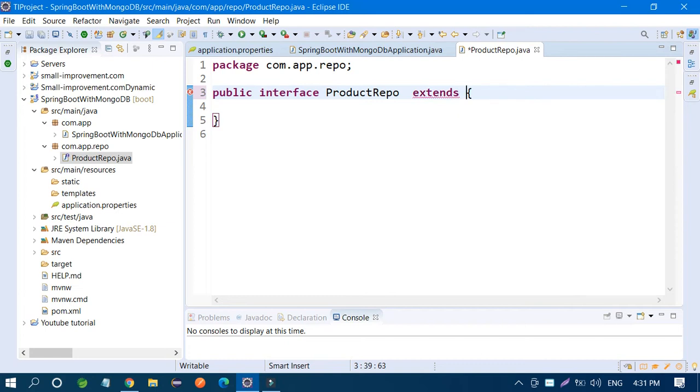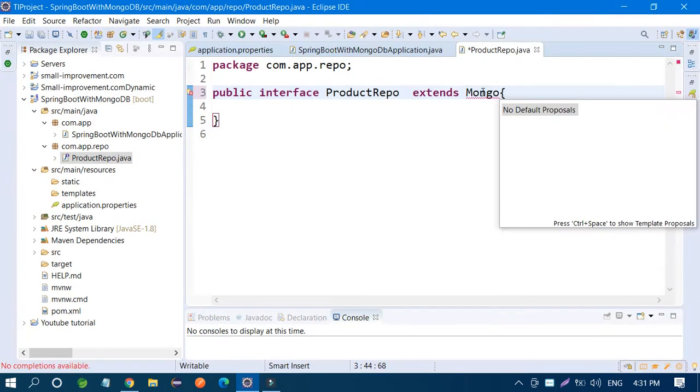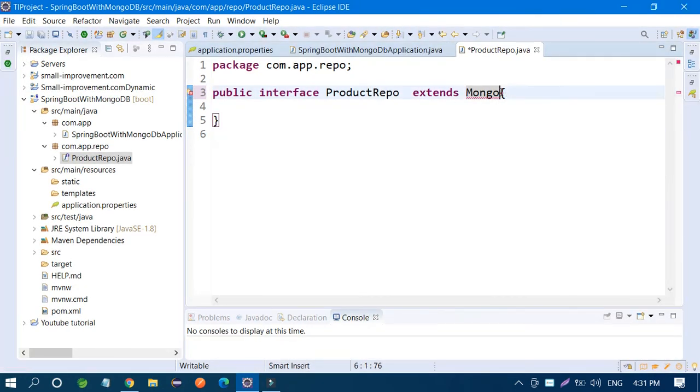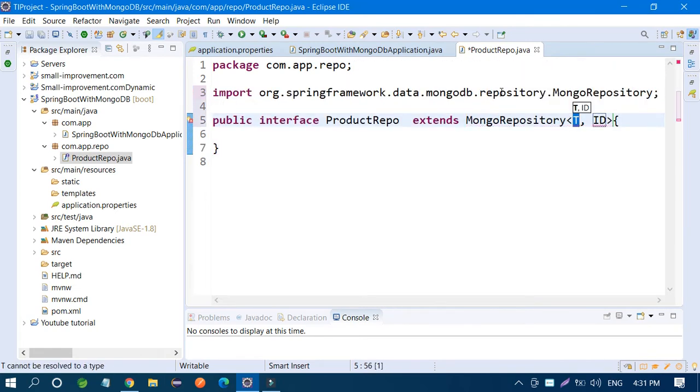Then extend one interface, MongoRepository. MongoRepository is already coming.